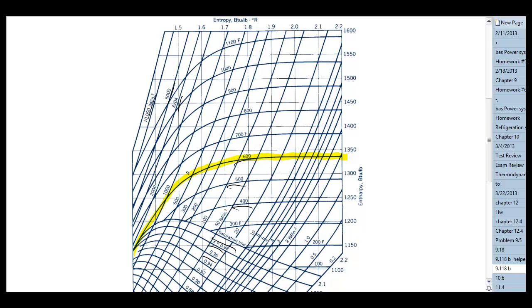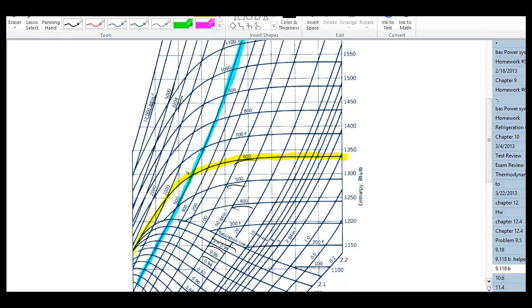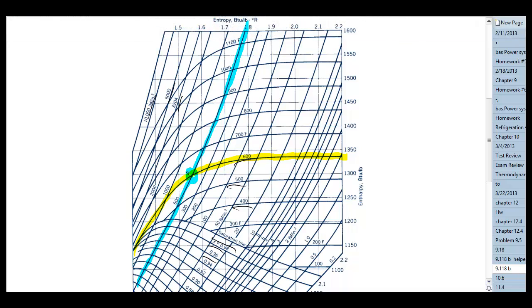So now we're going to need to find the pressure line. So the pressure of 500 pounds force per square inch is this line. And where they cross, that's where we want to get the first part of our enthalpy term. I'll show you what it's used for in a second. So right where they cross, right here, we have an enthalpy of about, just giving a rough eyeball,